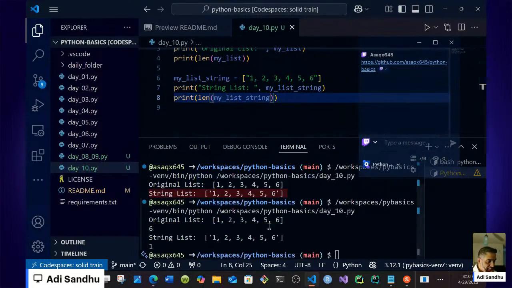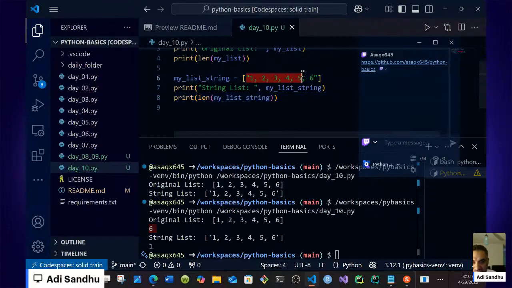You'll notice that they have different lengths. The first list has a length of 6, and then the second list has a length of 1. Right, so you're seeing these different lengths because we are wrapping all this data inside, and this is actually just one string, 1 through 6. So this in here you can remove it and be like,